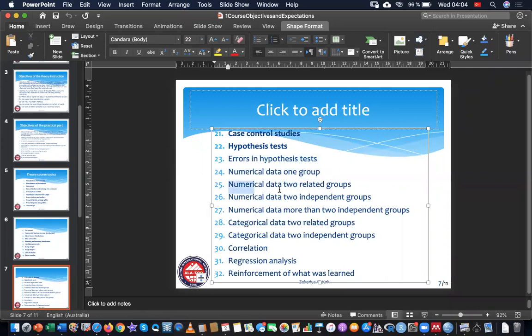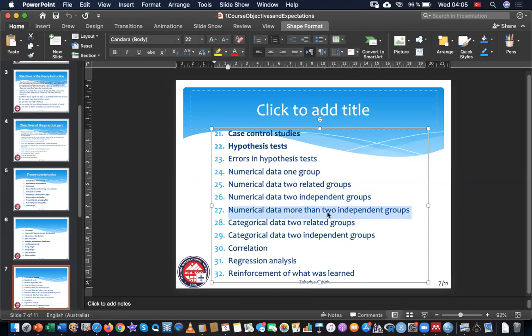Numerical data, two related groups: the paired t-test, or the Wilcoxon test. Parametric and non-parametric. Yes. Independent groups: the independent unpaired t-test, or Student t-test. The alternative is the Mann-Whitney test. And then we have the